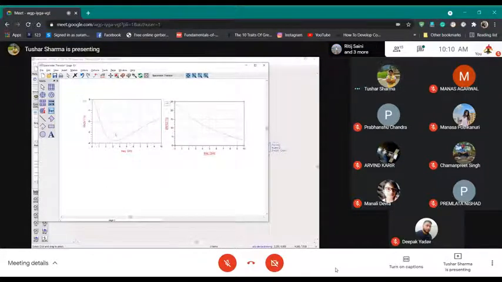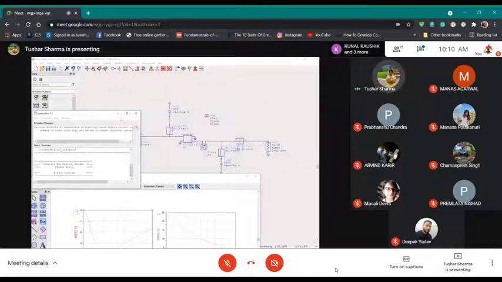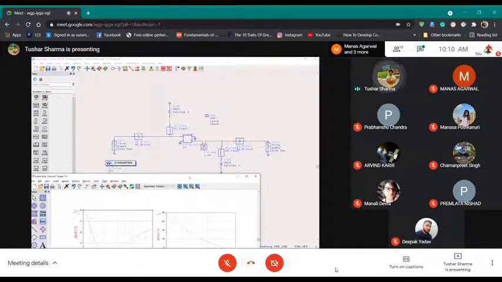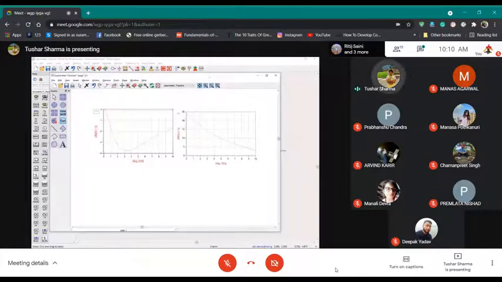Right now it's not very good because you are not matched. You have just put a random 50 ohm impedance at input and output, which your transistor is not seeing. Your transistor might be seeing a completely different impedance. Then your S21 is the gain of the transistor. We studied this in the last lecture.